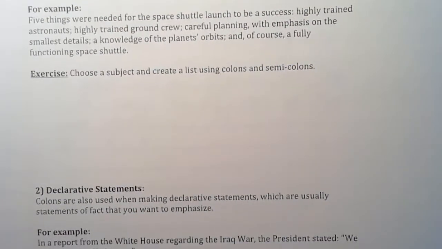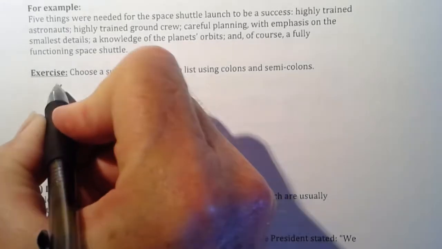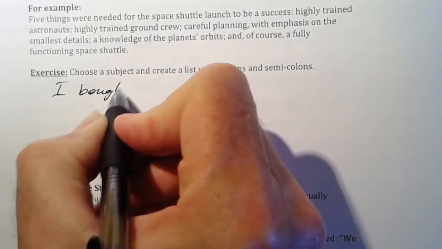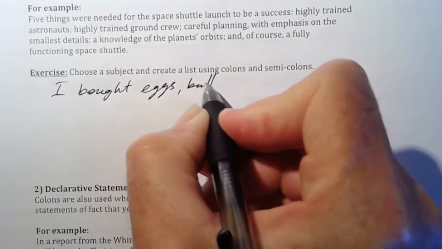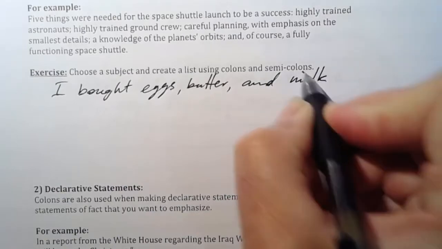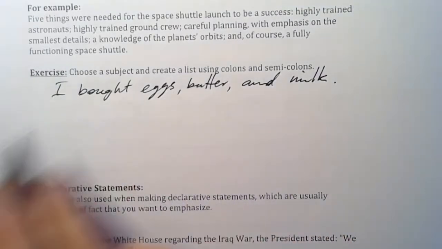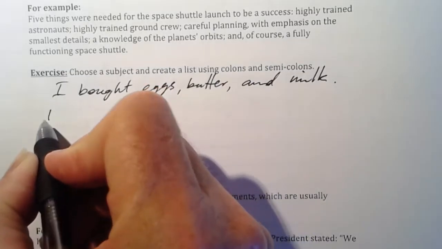Okay, so let's make a quick list. I went to the store, I bought eggs. So here's our typical old list. And we know this basic comma rule, right? But how about if I say this? I went to the store, I bought